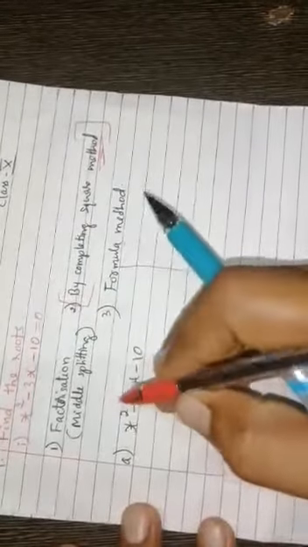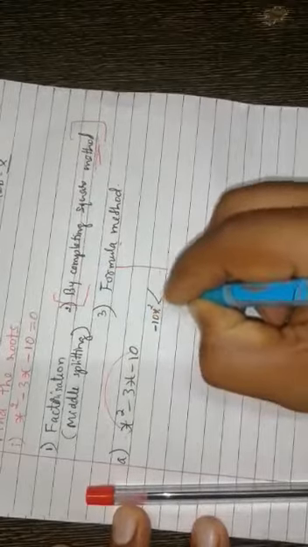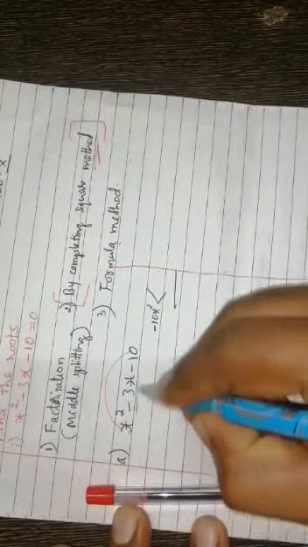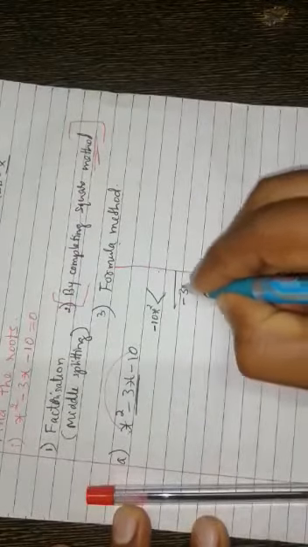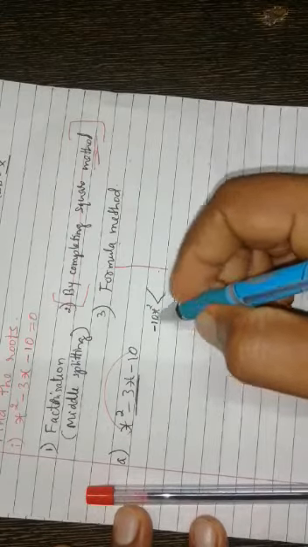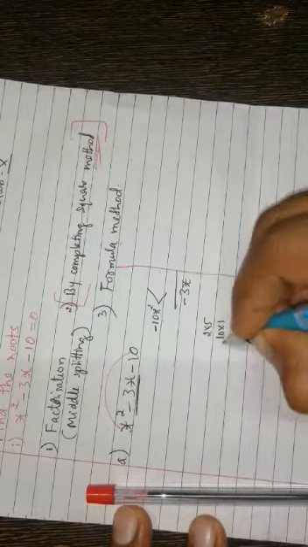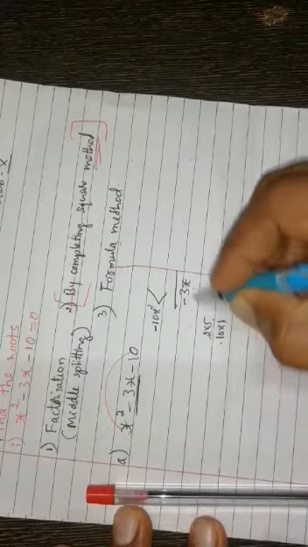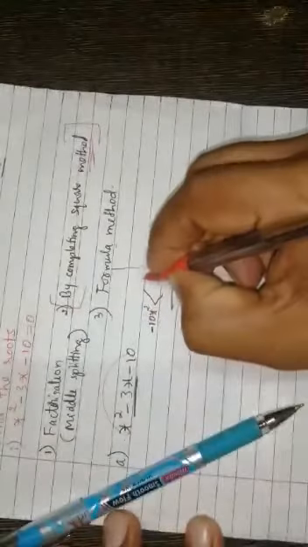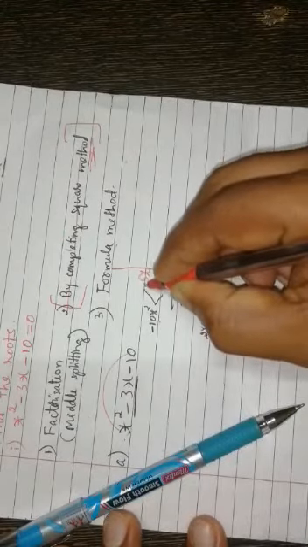As we know, when factorization is done using middle splitting, we have to see the first and the last term. When you multiply, you must get minus 10x square, and when you add up the middle splitting, you must get minus 3x. What are the numbers? Tell me, in which table does 10 come? That is nothing but 2 5s are 10, or 5 2s are 10, or 10 1s are 10. 10 and 1 cannot make 3, but 2 and 5 can make 3. So the two numbers are 5x and 2x, but we need the minus when we subtract the bigger number.